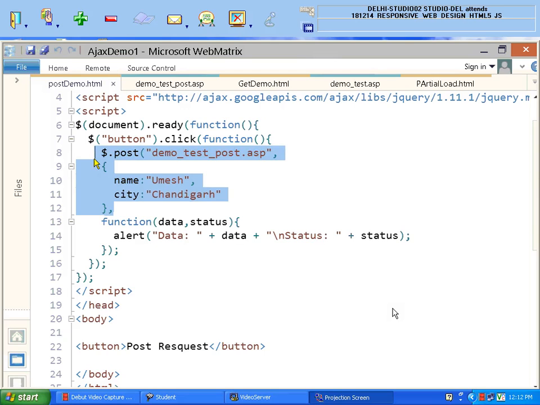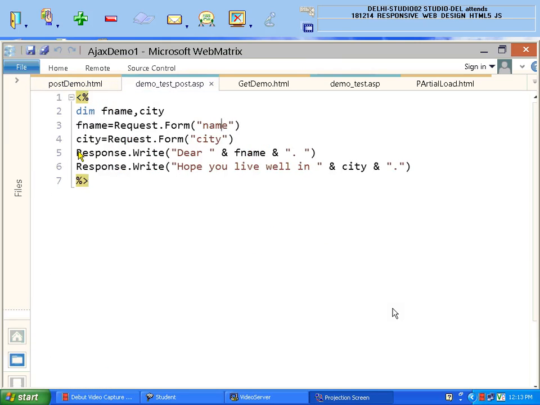Now I want to post this to the server, and I also want to get data from the server. Okay, post and get. Now here, how can I get the data? I am using a function here. Again, I pass two parameters, data and status, and alert. It will display the data. And what is the data? Data is something which I am writing over here: "Dear" and then fname. This fname is something which I am giving over here.